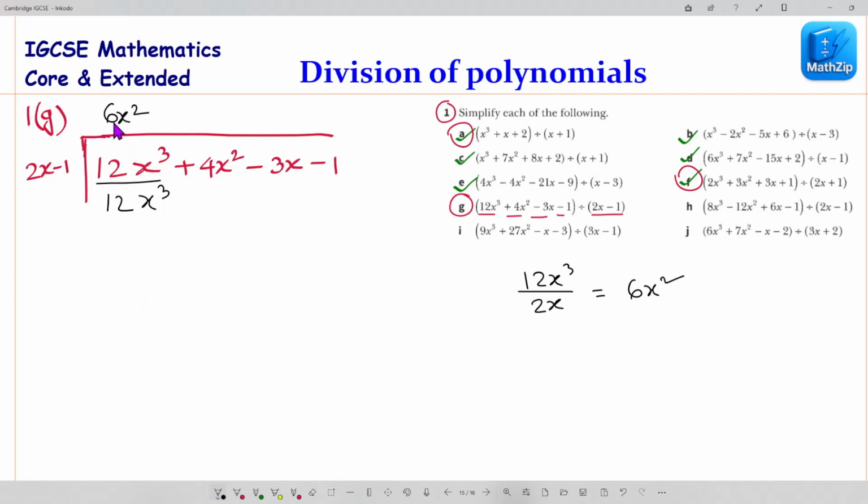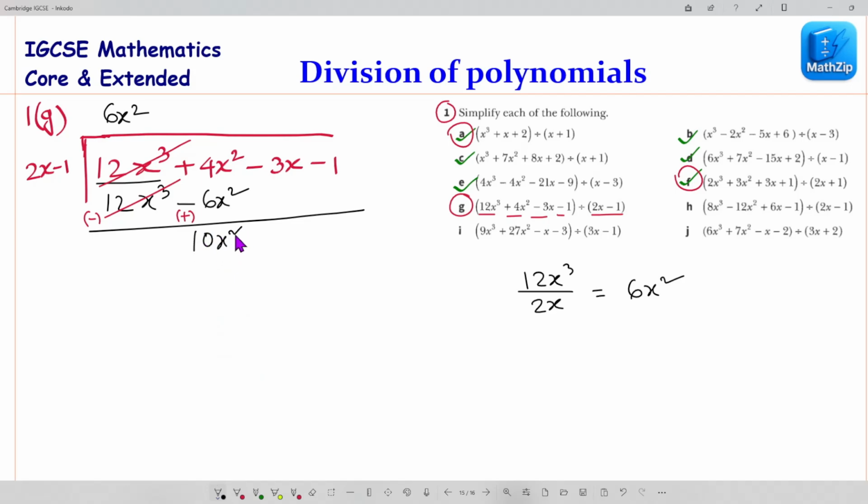Then 6x square times minus 1 gives minus 6x square. Now subtract this one minus this one, so plus. 12x cube minus 12x cube is out. Here is 4x square and 6x square,